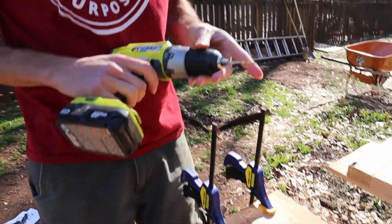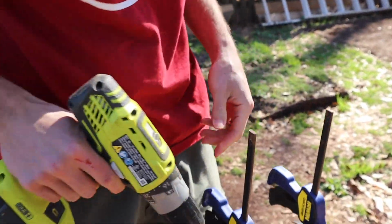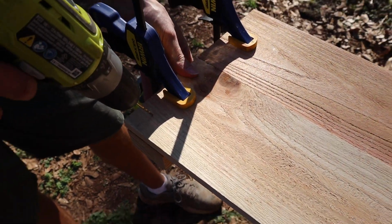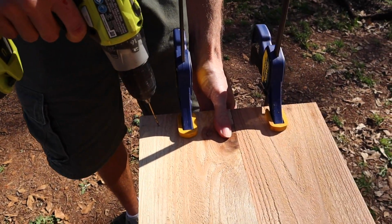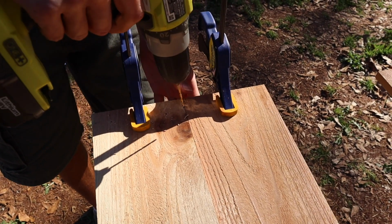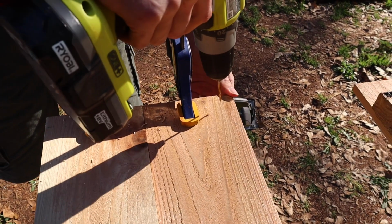All right, and I have a 3/32 drill bit on my drill here. And this is just to avoid splitting the cedar. So just kind of eyeball where you want it in the middle of the 2x3, or in your case probably a 2x4. Drill a little hole there. Number 3